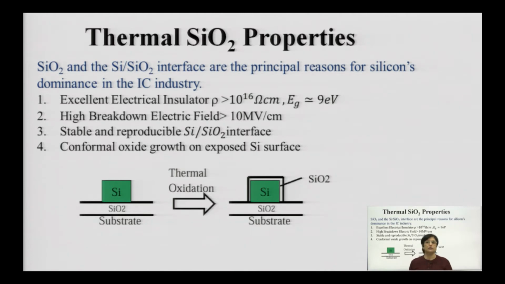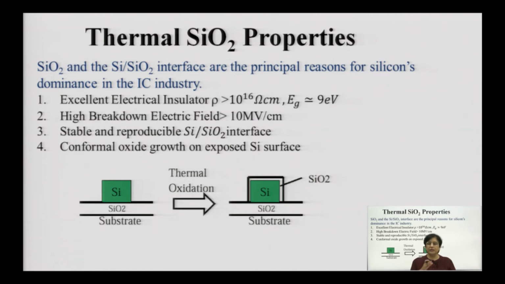Now, coming back to the first objective, that is, what are the properties of oxide. Whenever thermally grown SiO2, or silicon dioxide, is grown, there are different properties, and that is the reason behind silicon being the most prominent material used in the integrated circuit industry. Since silicon is most researched and most popular, why silicon? In the very first lecture we saw that it has a very good oxide layer which is produced.